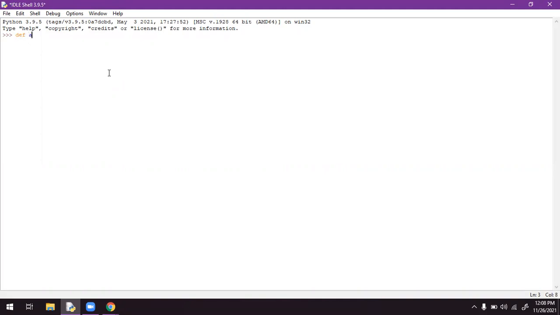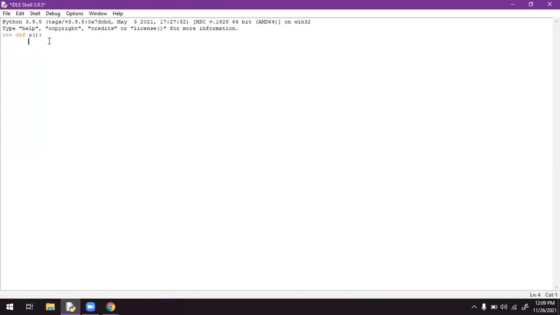Either you can take empty brackets if you are not interested in mentioning the input variables. I'm taking an empty bracket and defining a as a function.